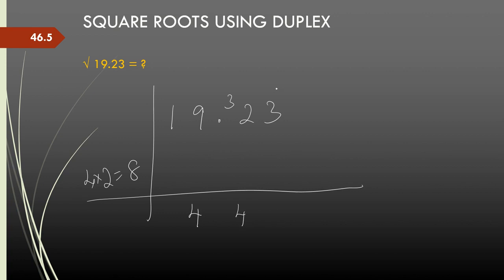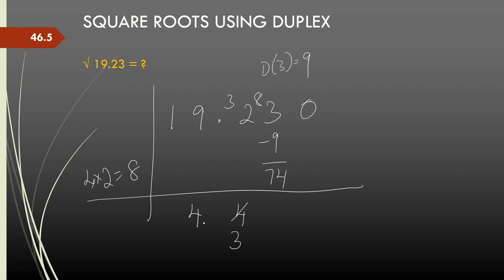Now if I take 4, 0 carry forward, and d of 4 is 16. So this becomes negative here. So like in the flag division method, I will come back here, adjust it and make it 3. So the carry forward is 8 now. So 8, 3s are 24 and 8 carry forward, so that's 83, and then I take d of 3, which is 9. So 83 minus 9 gives me 74.